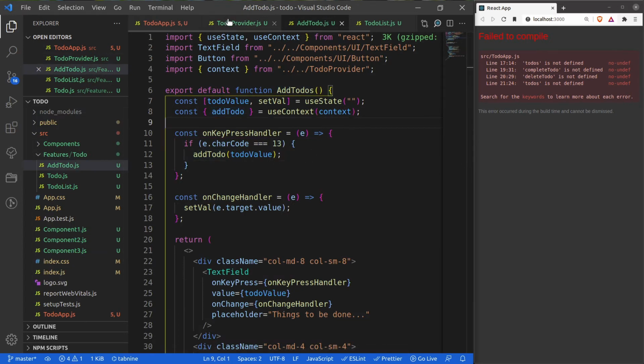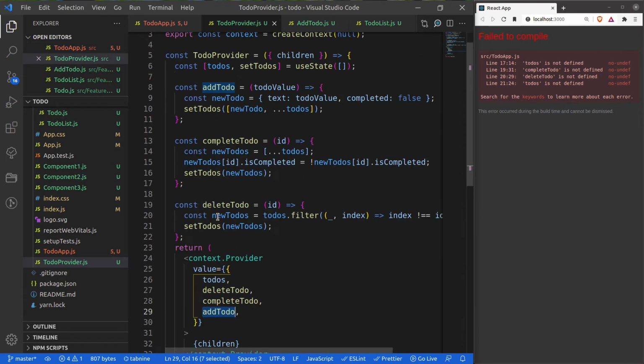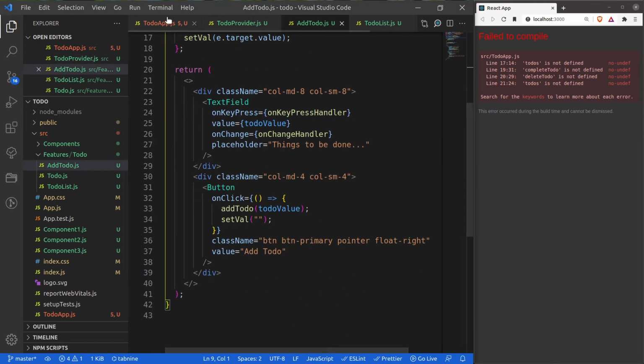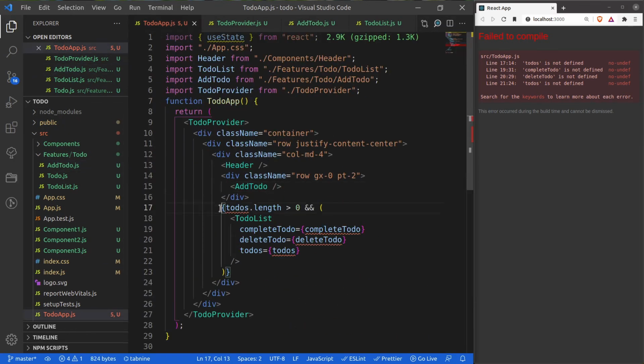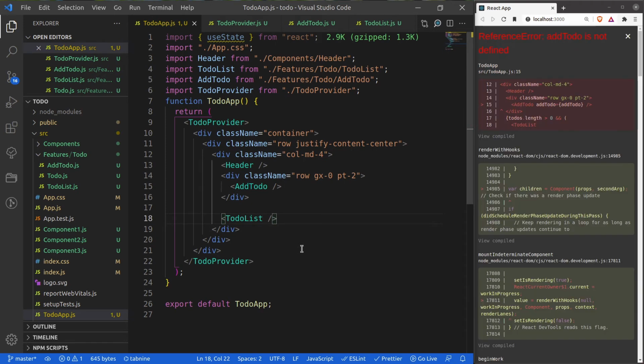So now let me also see if I am missing anything here. AddToDo is there, addToDo is there, toDo value will be there, right? So according to me, this will work now. Let me see if it is working or not. So it is actually saying that these methods are not available, even toDos is not available. So let me remove this condition first. Okay, and let me remove all these methods as well.